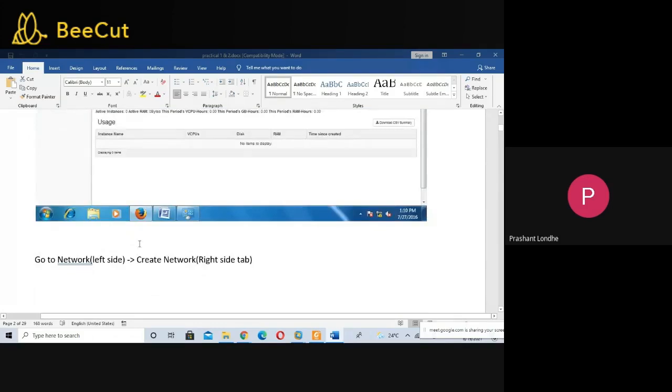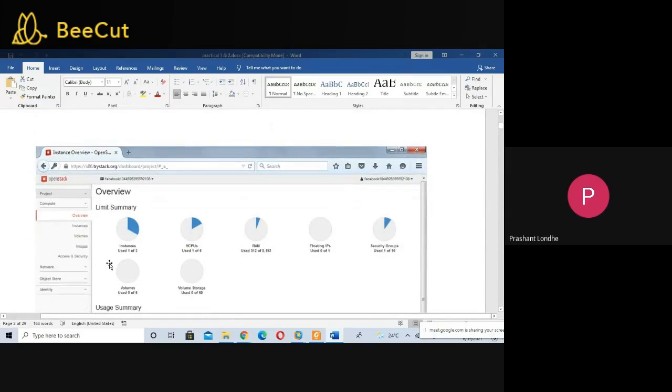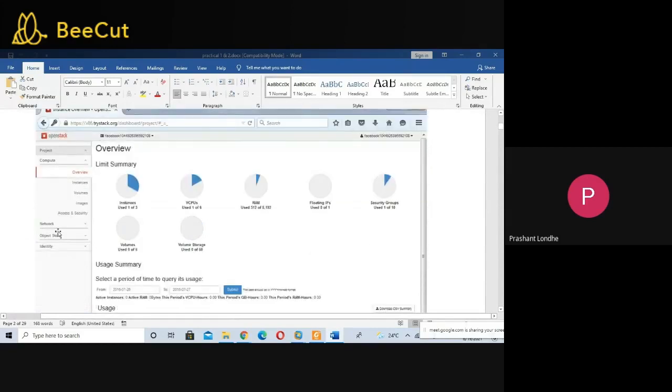So first you need to create a network. So here you have the network tab. You can see the network tab over here.